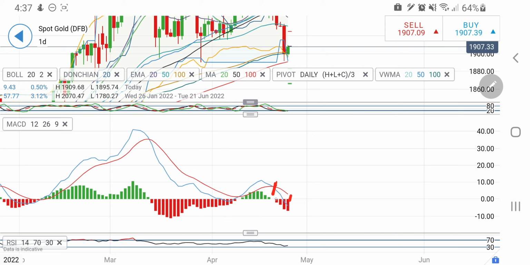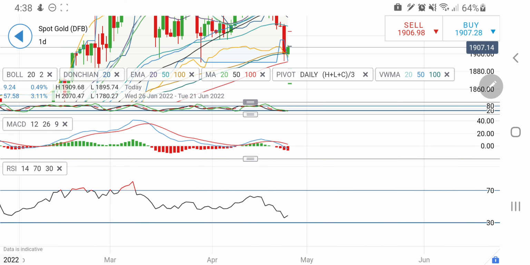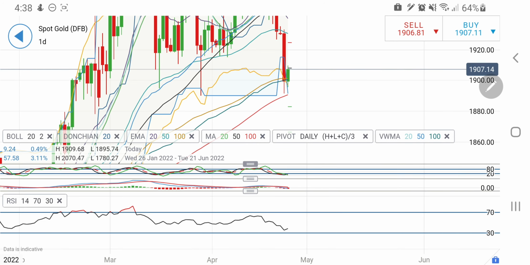The MACD was in bearish divergence. It was almost reaching its peak. Now it is trying to converge from here probably, and we may see a greener candle only. But yes, it has to break 1910 for it to sustain the upper levels. So to sum it up, till the time it remains above 1903, one can remain long